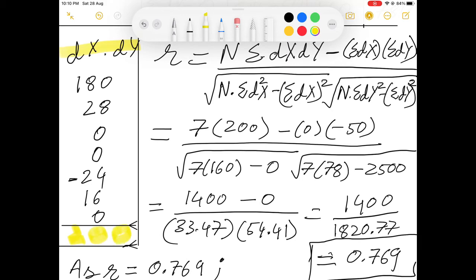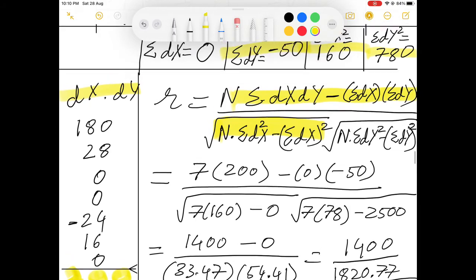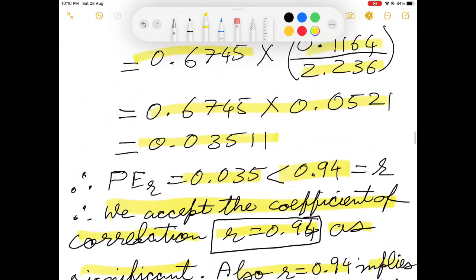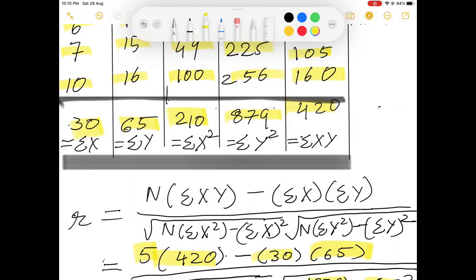200. No, I think there is an error here. I will have to correct this and come back to you, but let's just take it as it is. Let's just take the numbers as they are because we have already used them for calculation. I'll correct this later and give you the actual problem answer. Alright, now because there are two errors, I have to correct the whole thing. Okay, now just let's compare the direct method formula with the assumed mean method.